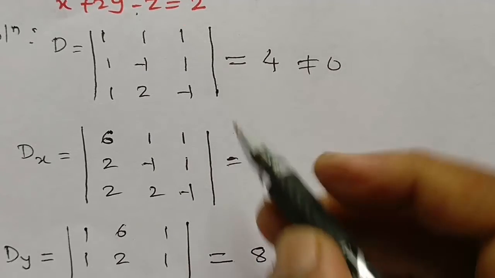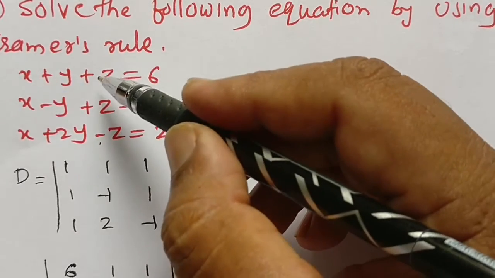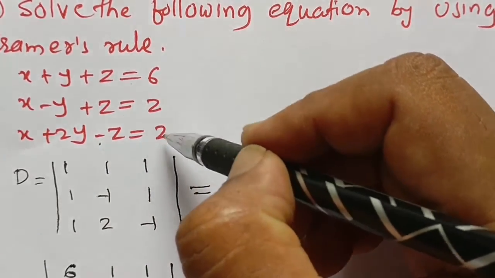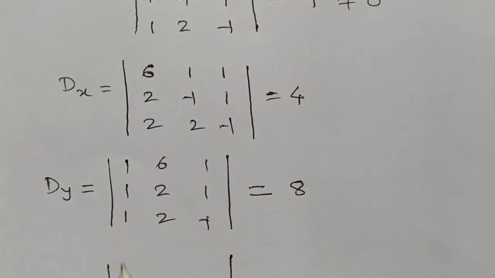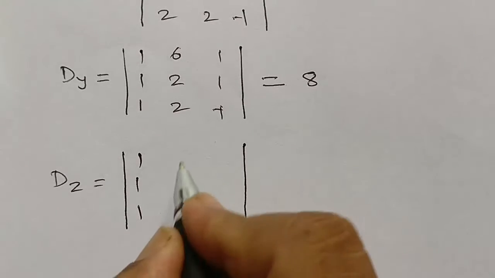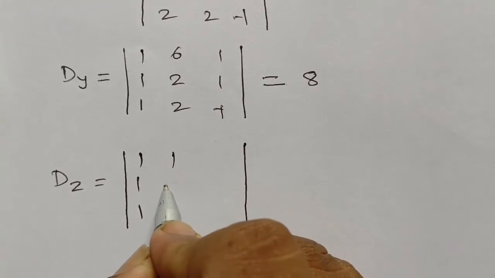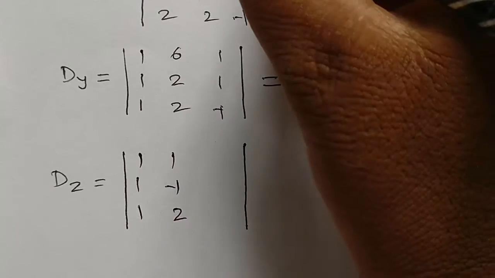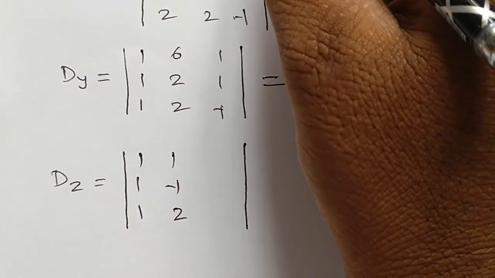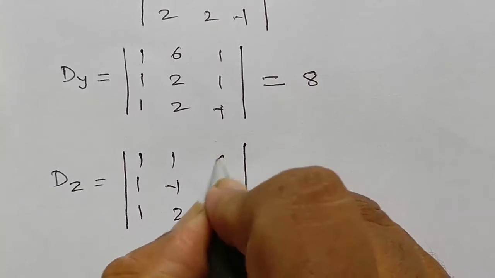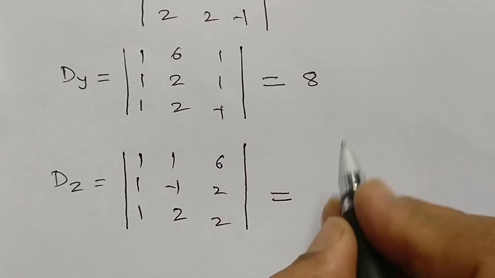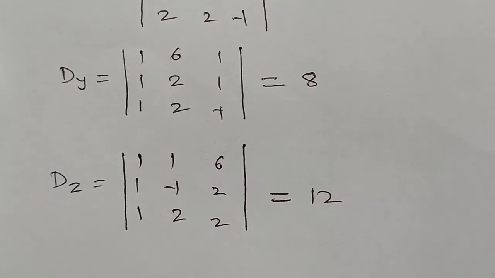Now we obtain Dz. It is obtained from the determinant D by replacing the coefficient of z with constant term 6, 2, 2, 2. So this is 1, 1, 1, 1 minus 1, 2. We replace the constants C1, C2, C3 by 6, 2, 2, 2. That is 6, 2, 2. Its value is 12. Therefore,